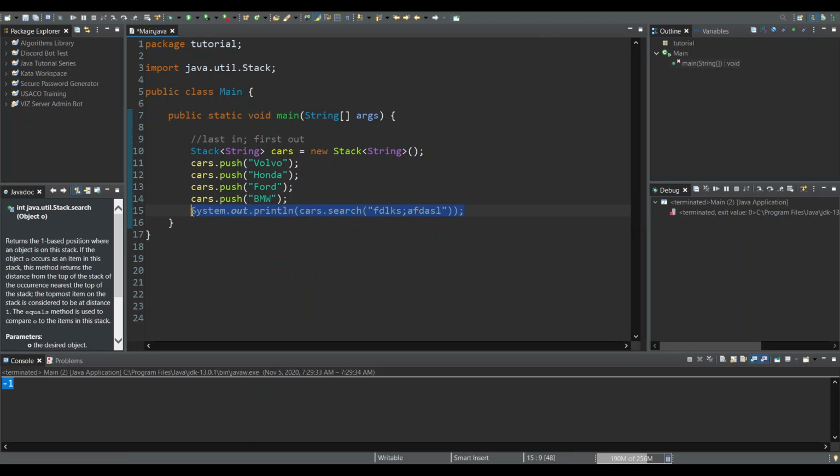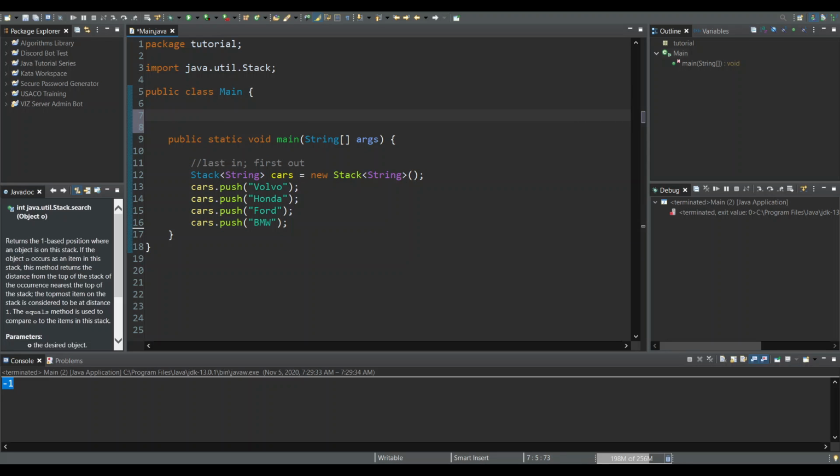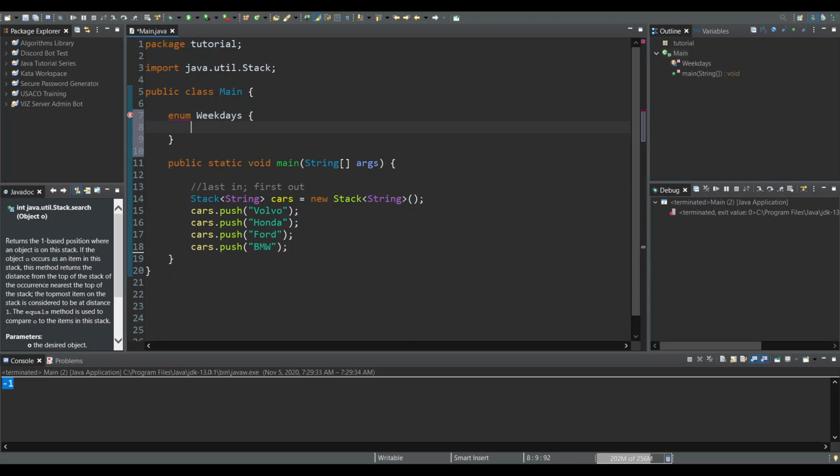And let's remove this. Now we're going to talk about enumerations. So enumerations are very, very special because they are pretty much user-defined classes, except without classes, you can't really change them. So let's see how we can define them. So enumeration, we just type enum, and we want to define something that will remain true forever. So we can't define something like usernames or account balance because that would change. But one thing wouldn't change, for example, weekdays. It'll always be Monday,